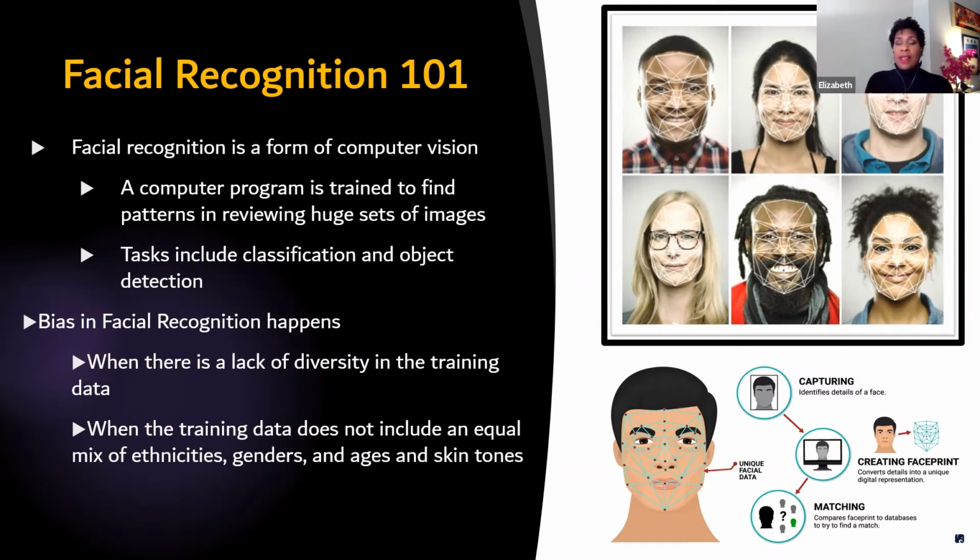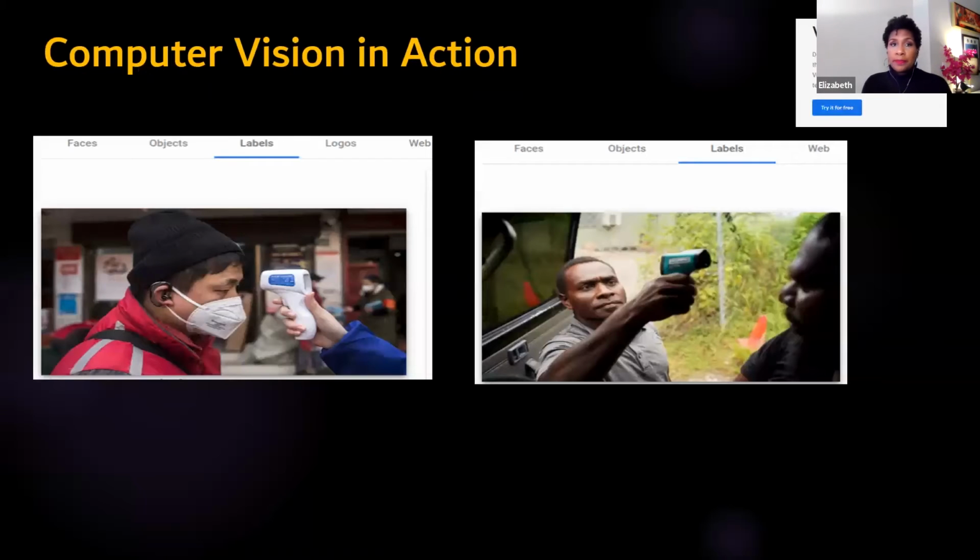And to take it one step further, a facial recognition tool is one that captures and identifies you by having created a face print. So again, it captures details of your face, it creates a unique face print, and then it tries to match your face in a database. And so facial recognition could be a promising tool to screen large crowds without invasive searches, but in reality, there are communities that have experienced a reinforcement of racial bias due to the lack of transparency and lack of regulation.